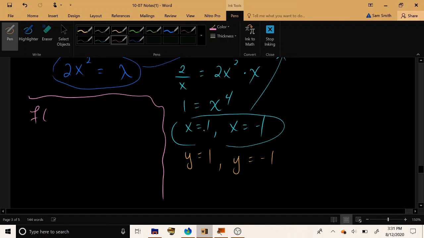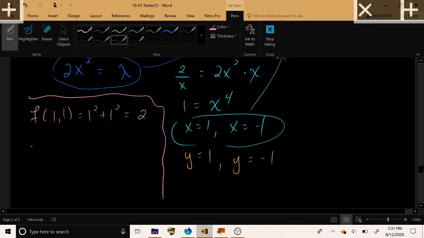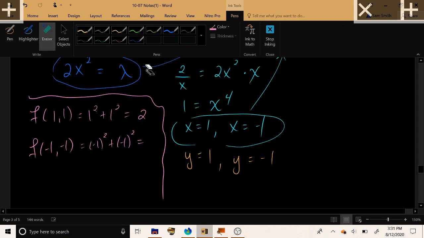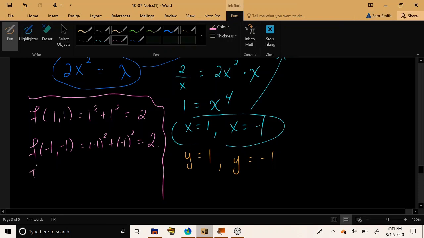Let's start with the point x equals 1, y equals 1. 1 squared plus 1 squared is 2. Then let's check the output that we get from negative 1, negative 1, which is negative 1 squared plus negative 1 squared, which is 1 plus 1, which is 2. Okay, now we got exactly the same output from both of these, which means that the value